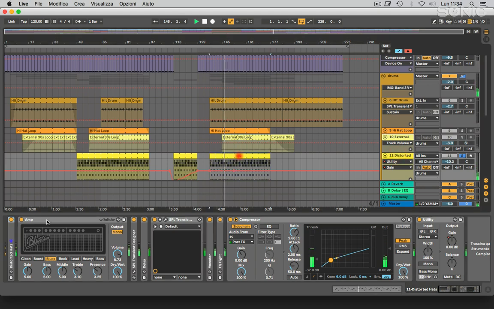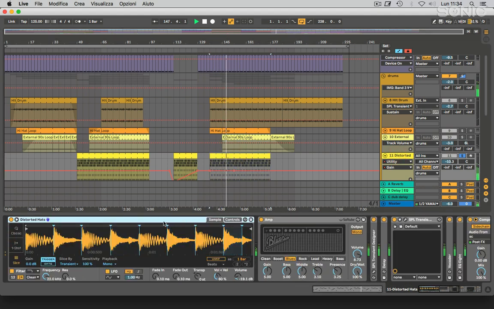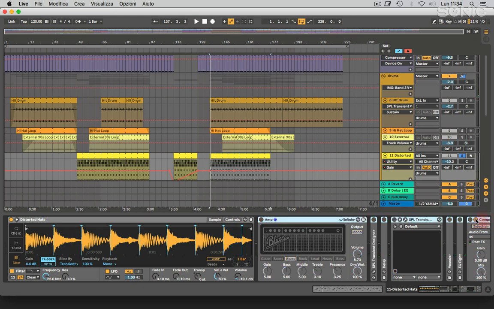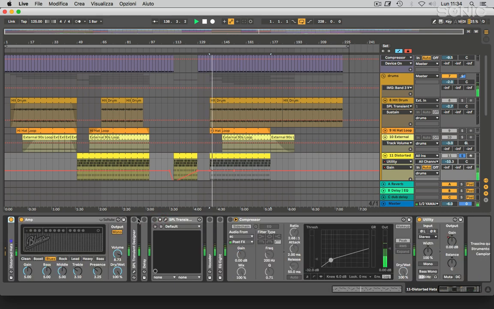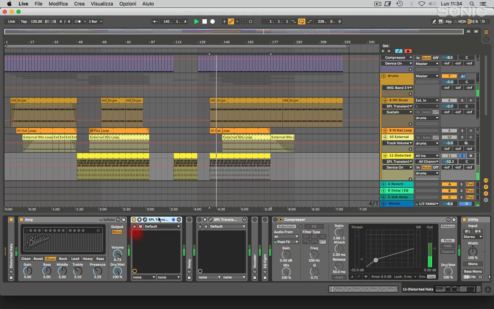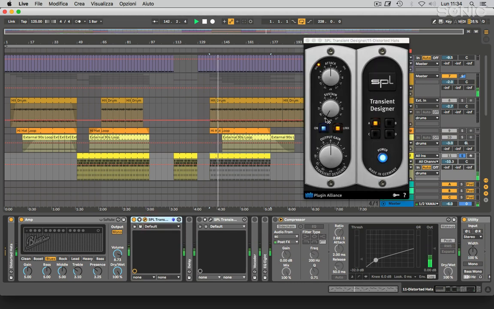I simply took a loop right here, just let me show you. I put it into a sampler and create some slices right here. Without any other plugin it sounds that way. With the amp, it totally changes. That's SPL Transient Designer. I reduced the sustain to minimum. Also, a delay,